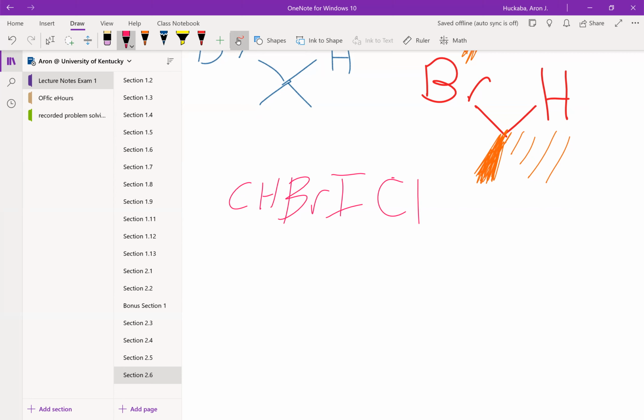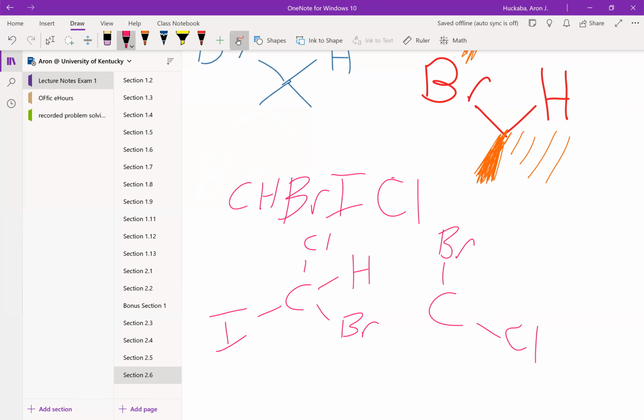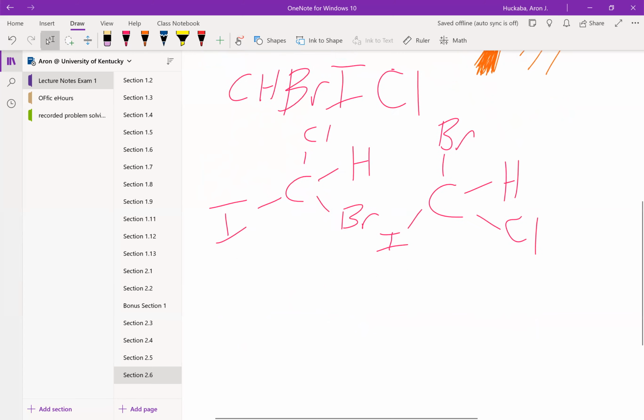If we were to draw this in bond line notation, who knows, maybe like this. And you know, the H is out there somewhere. And then maybe you could even draw it like this, because like I said, without the wedges and dashes, it's really hard to say where each thing is, right? But if you were to draw this in a wedge and dash form, now